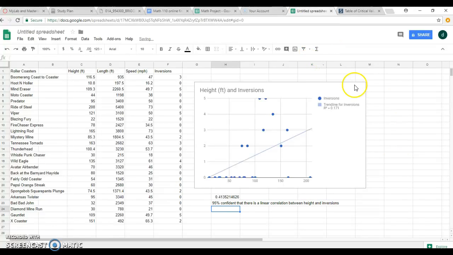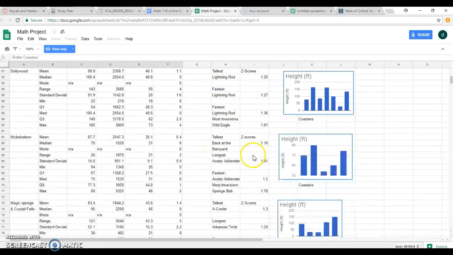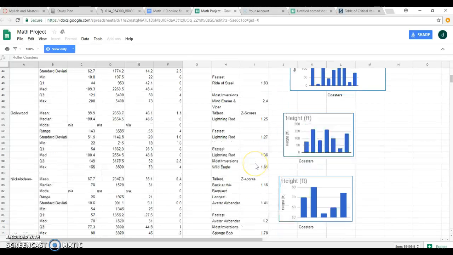So that's the one little part you need to add to yours, adding that chart, adding the trend line, finding that value and that sentence. The only other thing that I saw on the stats part are the z-scores. You found a lot of z-scores, but you didn't actually highlight which one out of all the parks was